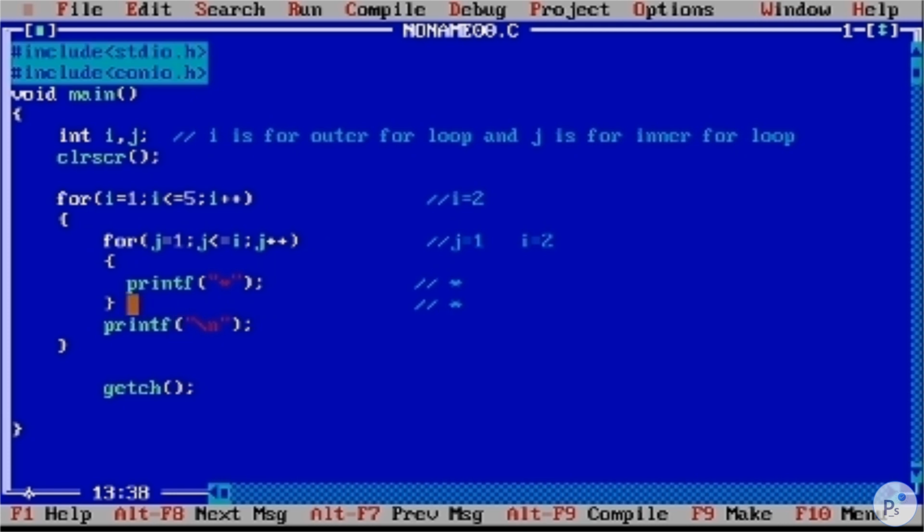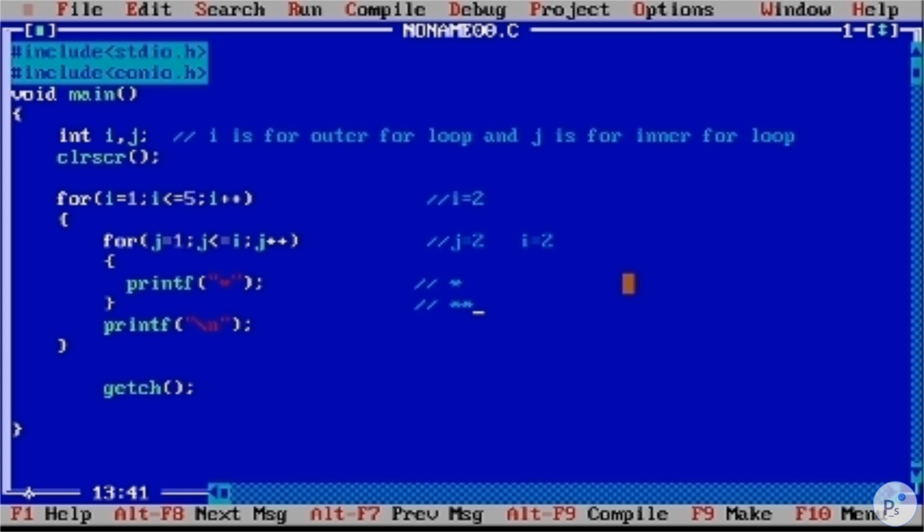Okay, so again it will go up to here and increment the j value. Now the value of j is 2. Now 2 is less than or equal to 2, where the value of i is 2. Remember that it is true, because it is equal to 2. So it will come up here and print the star again.